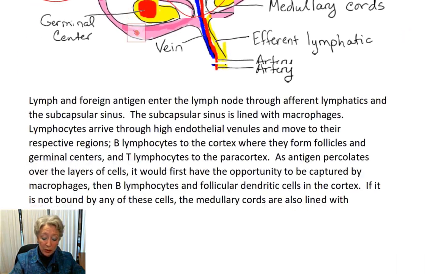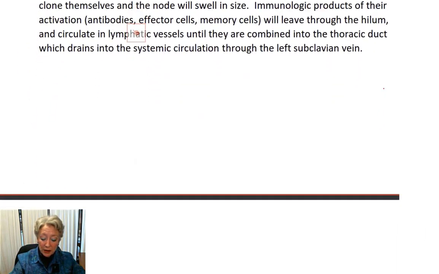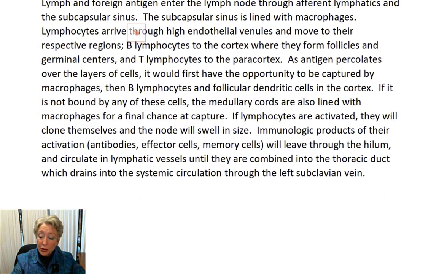Now, when we look at the comparison of the design of the spleen, you'll notice that the point of the spleen is that it is going to filter from the blood, but it's a very similar technique of antigen being exposed first to B lymphocytes and to antigen-presenting cells and then to T cells before the rest of the process